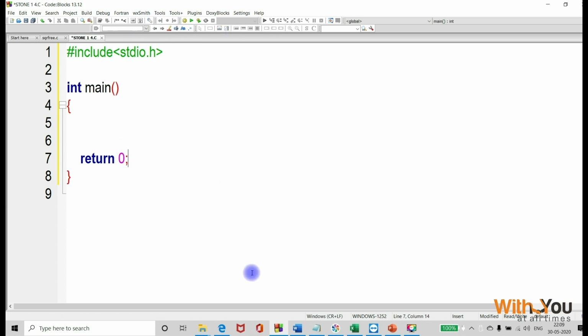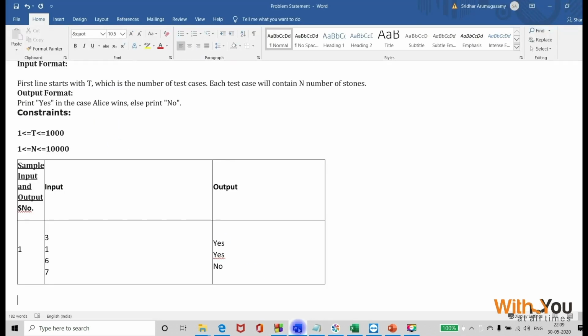Fine. So let's have a look at it. How many test cases are they going to give us? So the test case count would be 1000 and n would be 10,000. We don't bother. Even if they had said 10 to the power of 9 or 10 to the power of 15, we would have been fine. So let's just do it once and then we'll put it in a loop.